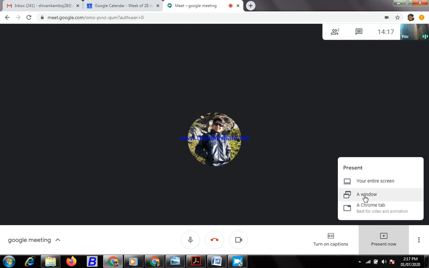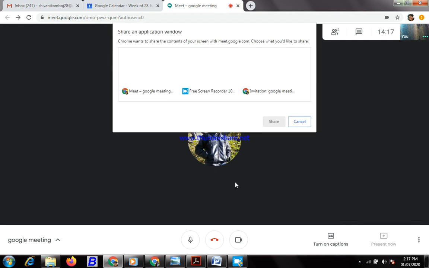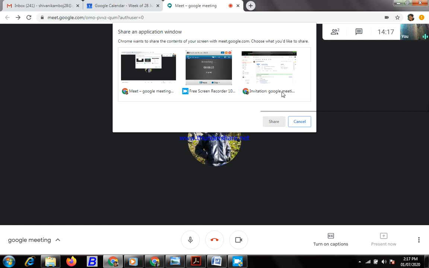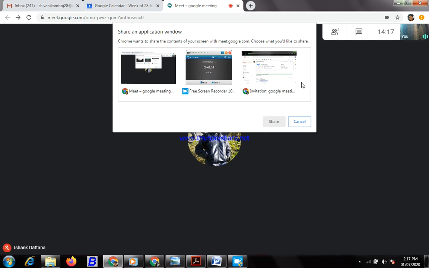Remember this, if you want to choose a window tab, your other files should be opened in the background of this meeting. If it is not open, then it will not show in this option. I just click it, and you can see how many files I have already opened in the background of this meeting. So it is showing over here.